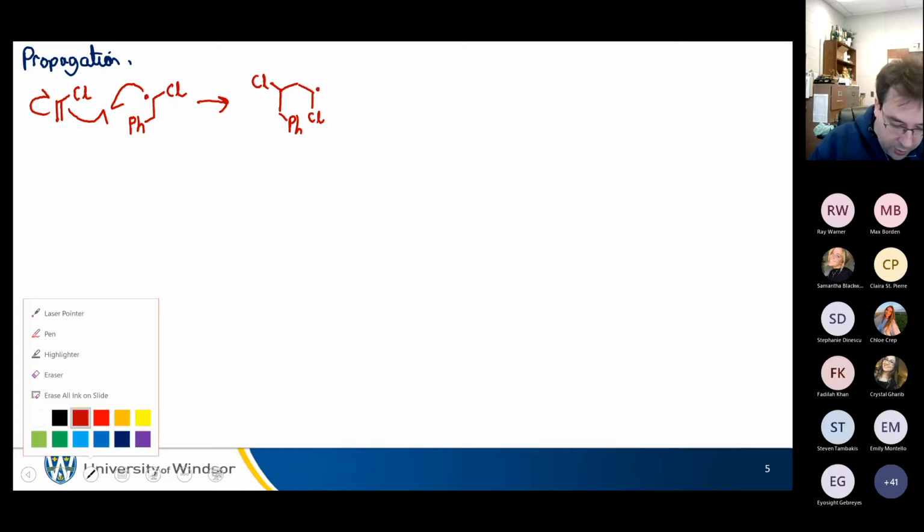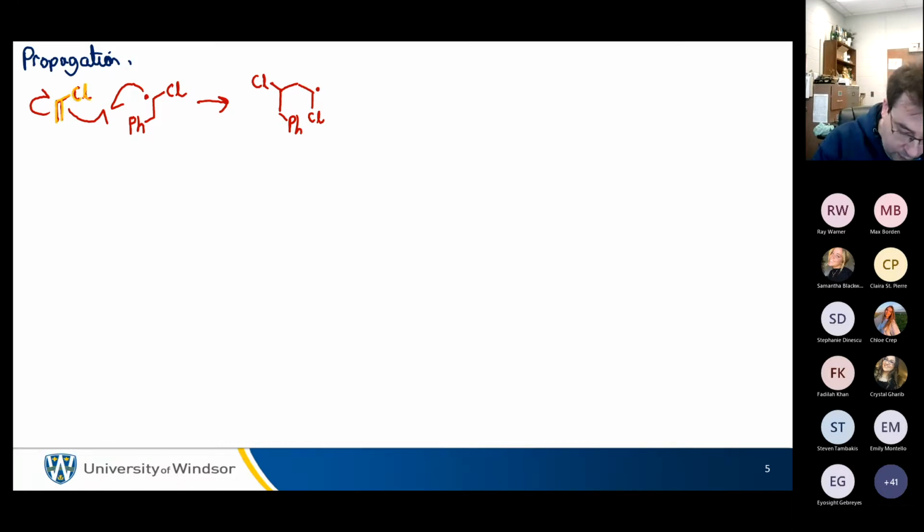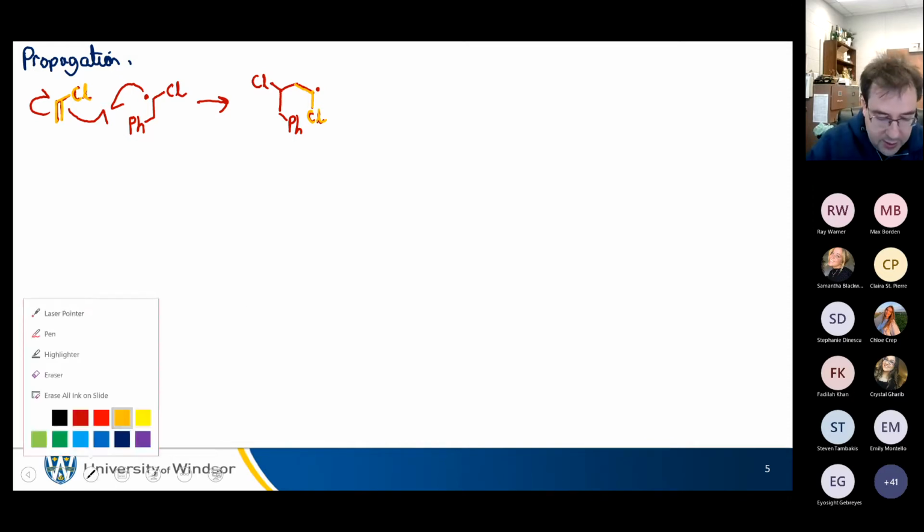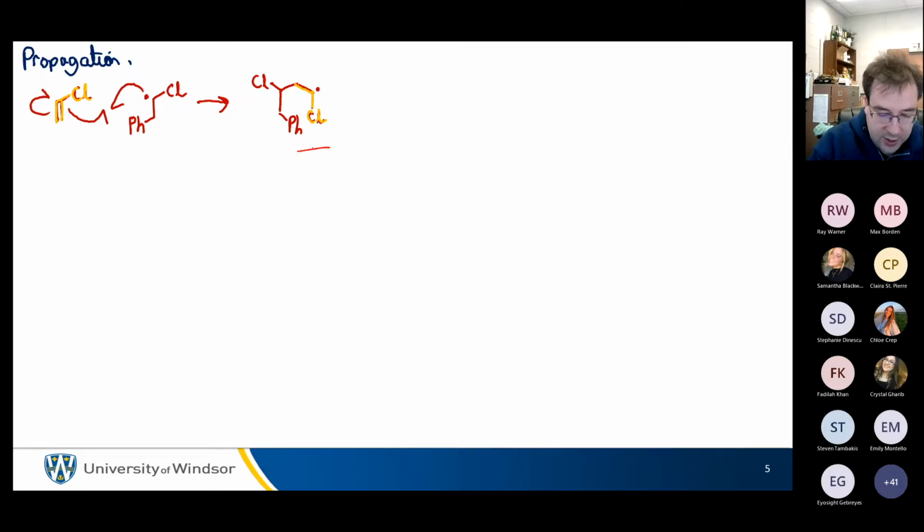I'm going to do these in 2 different colors because I always find this hopelessly confusing. This is a propagation step. I had 1 radical become 1 radical, and that's propagating, that's continuing, because this is essentially the thing I started with. This is essentially that. And if I propagate again,